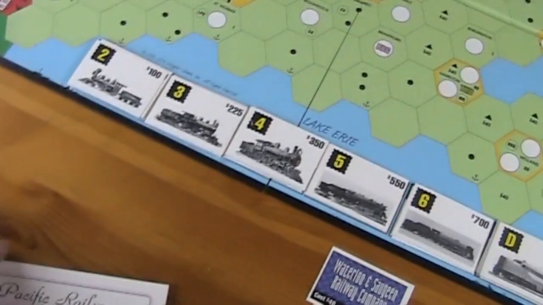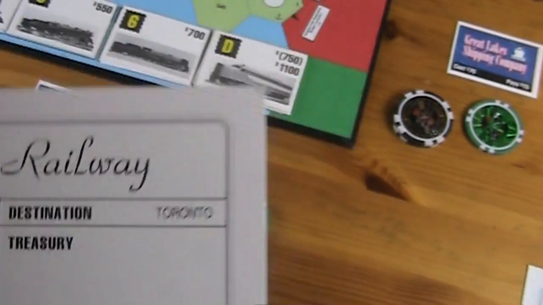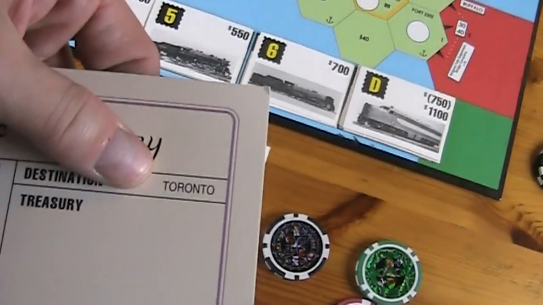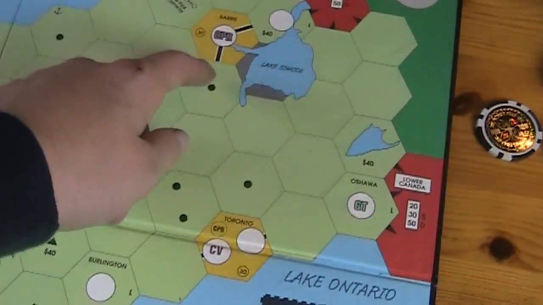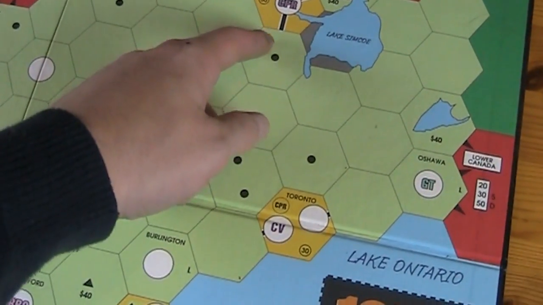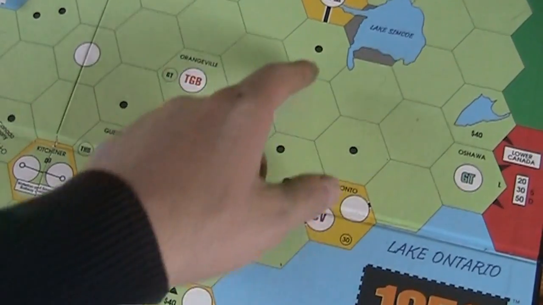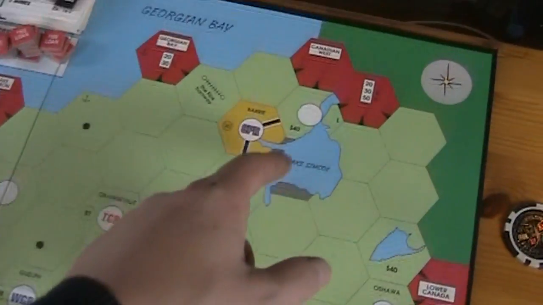So there is a risk involved here. In addition to that, you want to go to Toronto. That's your destination, and to get there, it's not quite that easy, because if you go this way here, you got to go past these 2 dots, which kind of sucks. The other option would be